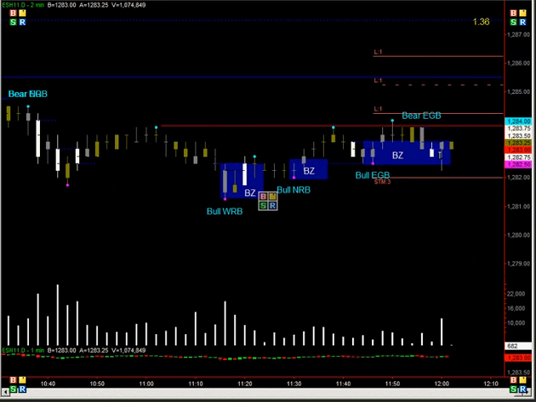As you see, we pulled back down again to here into this buy zone. So what I really would like to see is it tries to make an attempt up from here. So we'll see how this plays out. This is not too good. This formed